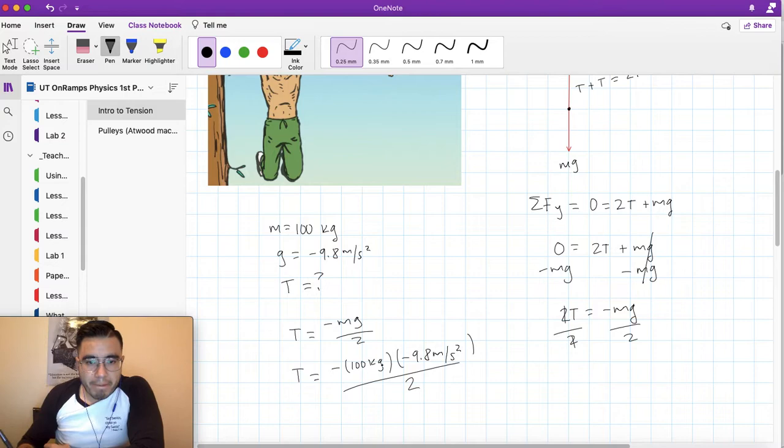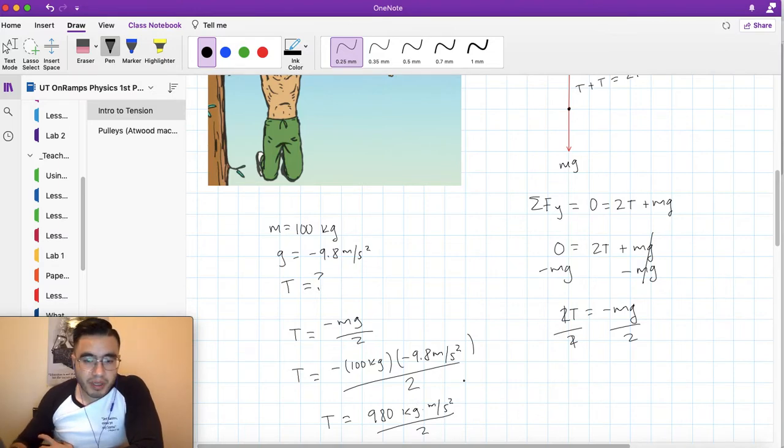Now notice that these two negatives are going to cancel. And then when I multiply 9.8 times 100, I move the decimal point 2 places to the right, so that'll be 980 kilogram times meter per second squared divided by 2. Notice that kilogram times meter per second squared is the same as a Newton because we're dealing with forces, so tension is measured in newtons. So tension is 980 divided by 2, 490